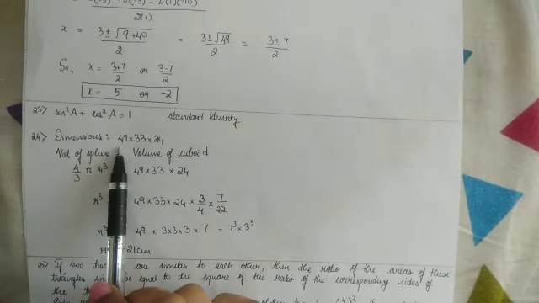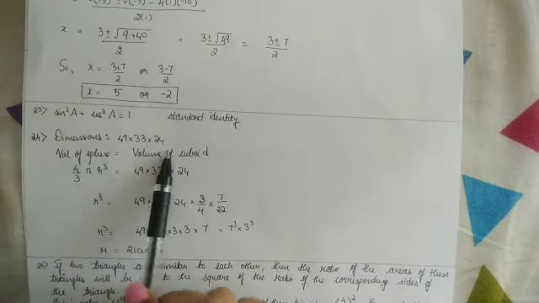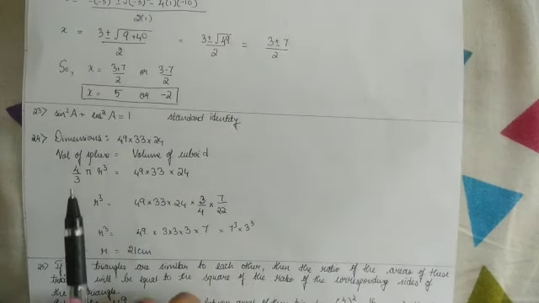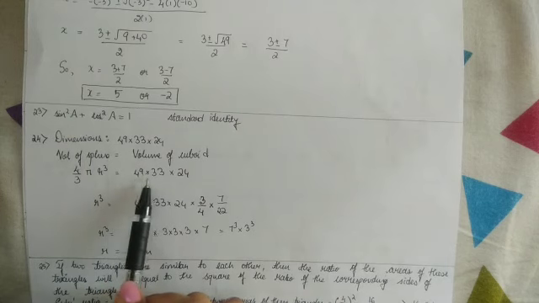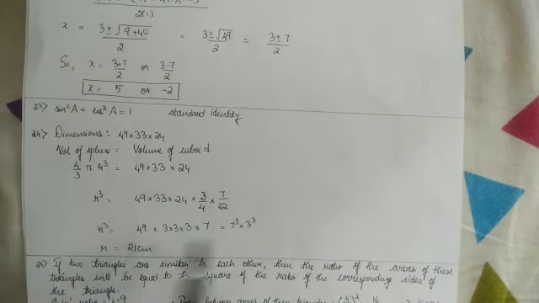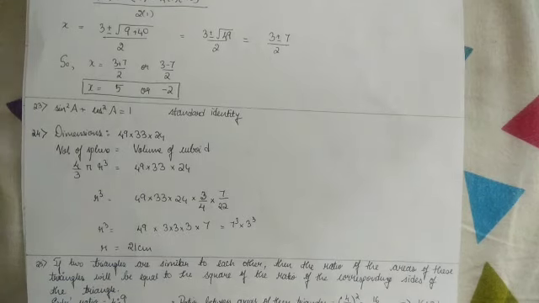24. The dimensions given are 49 into 33 into 24. So the volume of the sphere would be equal to the volume of the cuboid. That is 4 by 3 pi r cube equals 49 into 33 into 24. So on solving this, you get r cube is 7 cube into 3 cube. On taking the cube root on both sides, you will get r equal to 21 centimeters. Okay, now the 25th question.